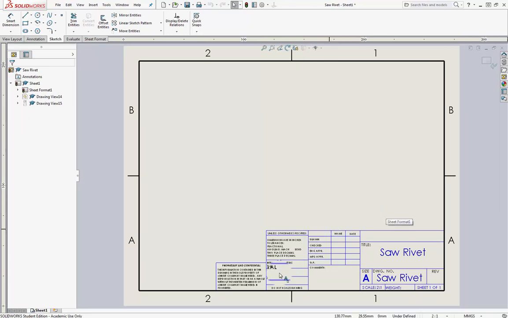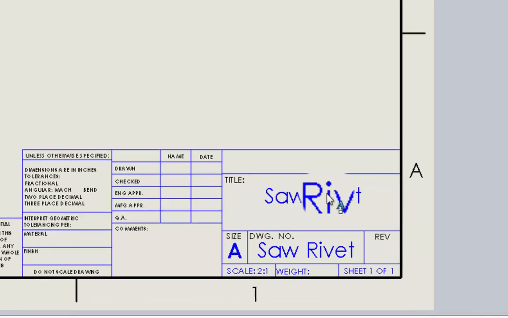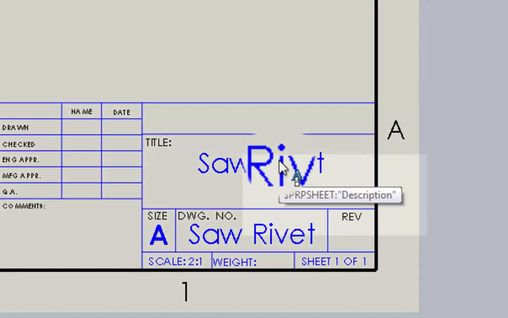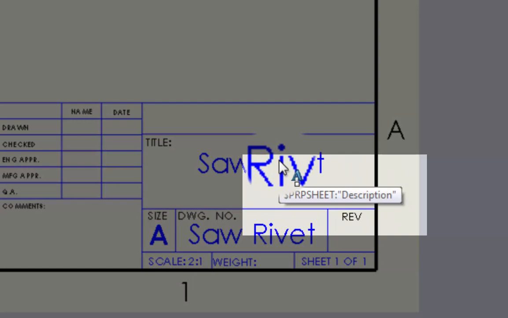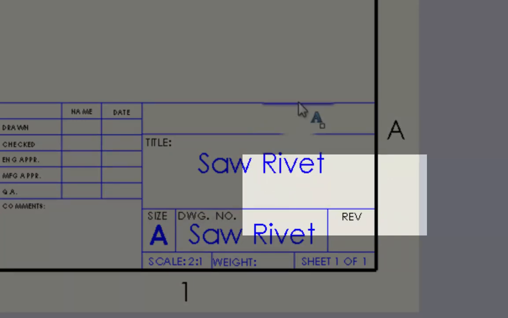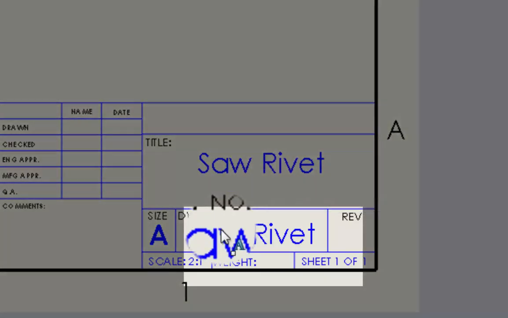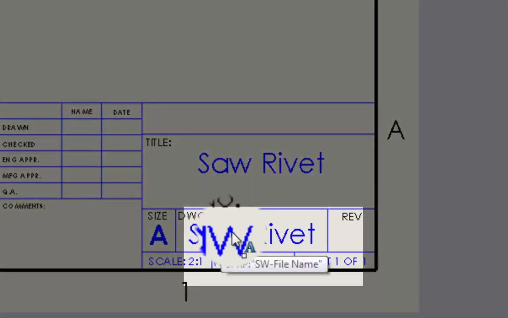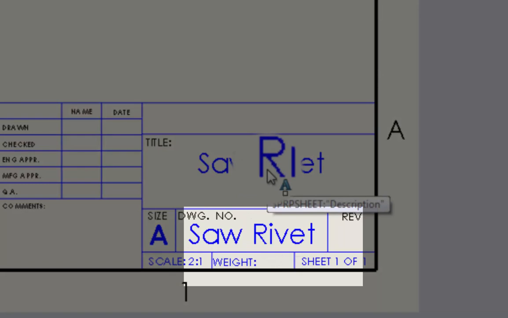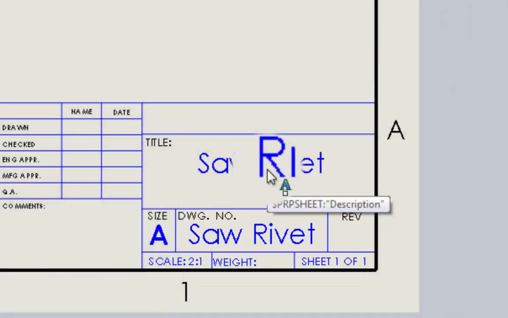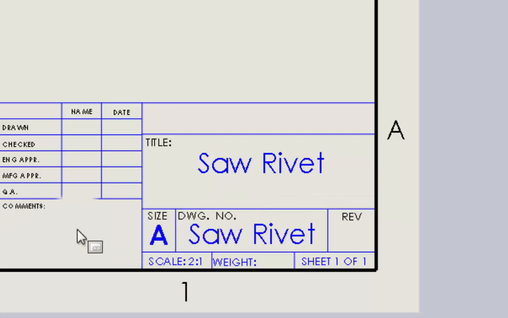You can give that model materials and finish, and those may come in as well. But notice as I roll over this, it's not actually "saw rivet." There's data in the background, metadata, called PRP sheet, description, and file name. So I've got a file name and a description somehow in the background that are called "saw rivet." You can program a lot of different things to be certain